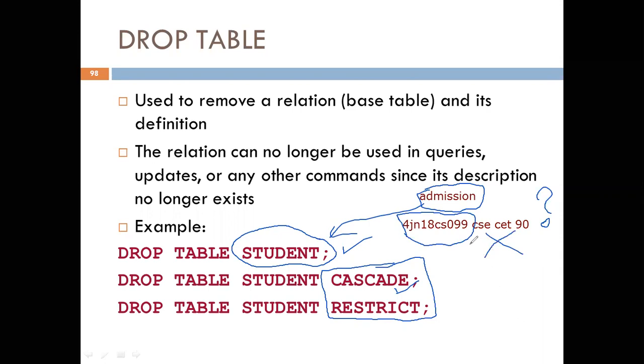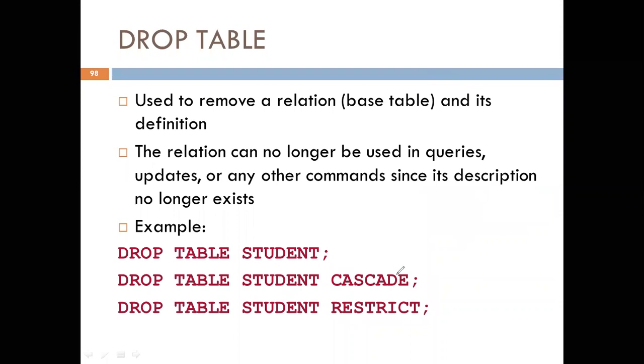That automatic deletion of all the things that are referring to the student table is done using this keyword, that is cascade. So when we use cascade, all the tables or constraints that are referring to this student table will also get deleted. Which means in our example, when we execute this second command, along with the student table, the admission table also gets deleted.